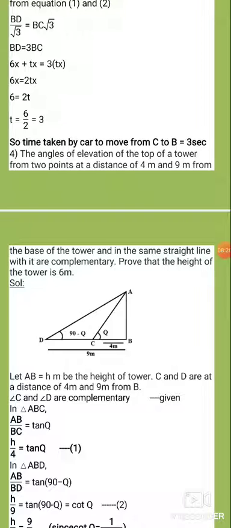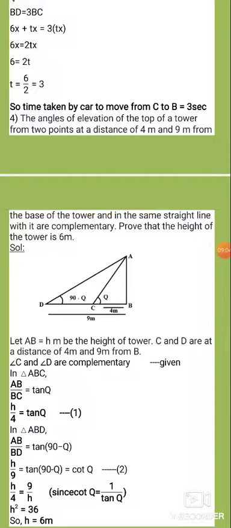Now listen carefully. AB h by 9 is equal to tan 90 minus Q, which is equal to cot Q. Still listen carefully. In the trigonometry chapter, one deleted portion is there. That is the complementary angle. So tan 90 minus Q is equal to what? Cot Q. The complement of tan is what? Cot. And the reciprocal of tan is also cot. Okay. So tan 90 minus Q is equal to cot Q. Put equation number 2. Now, if cot Q is equal to h by 9, the reciprocal of cot is what? Tan. What is tan? 9 by h.